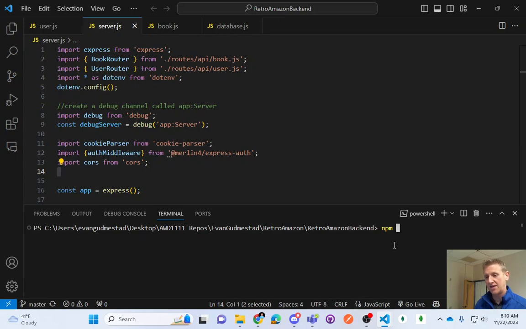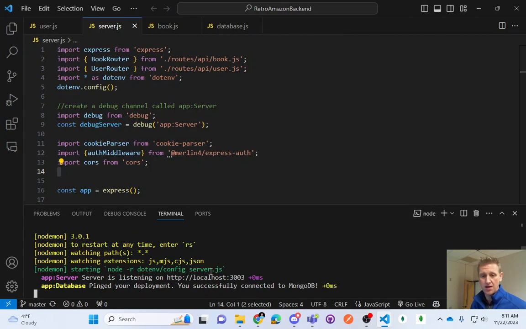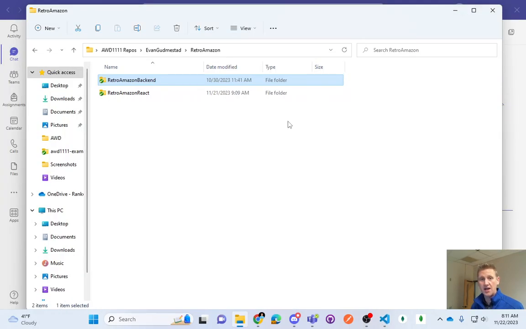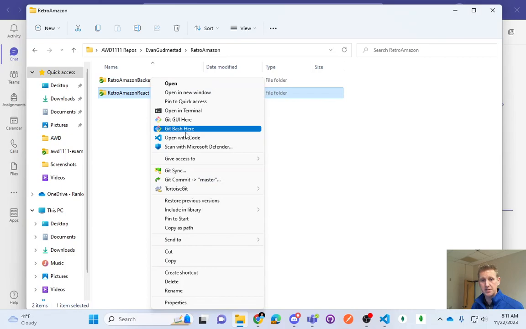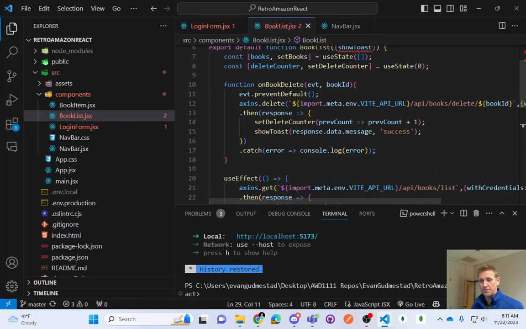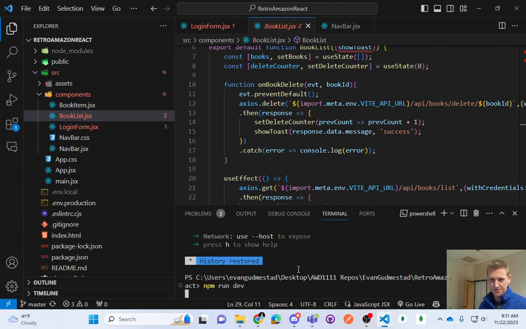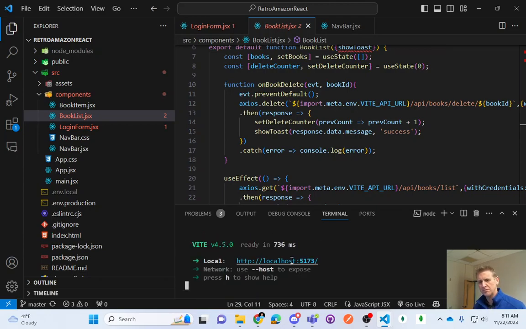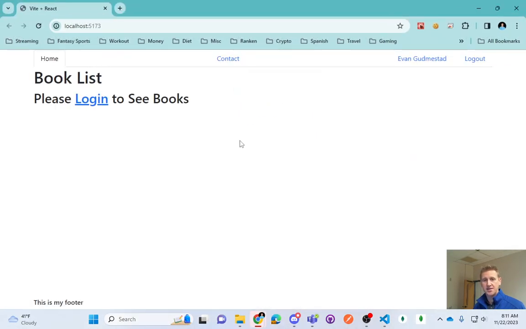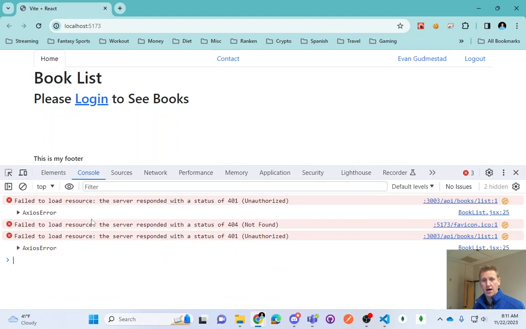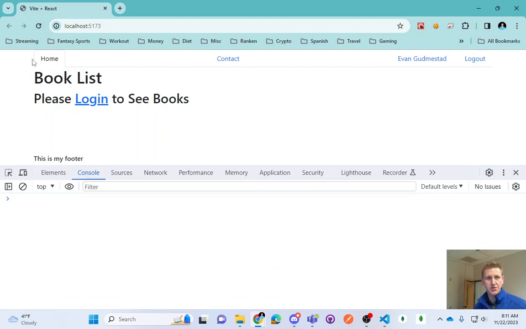And so I have a back end that I'll go ahead and boot up, and a front end built in React. And to boot up my front end, npm run dev. And to check its current state of this application, when the page loads,